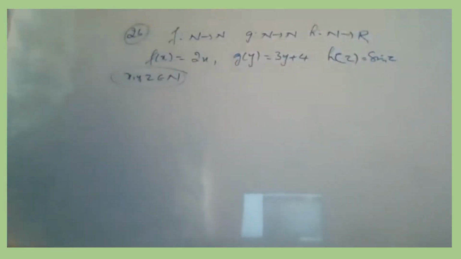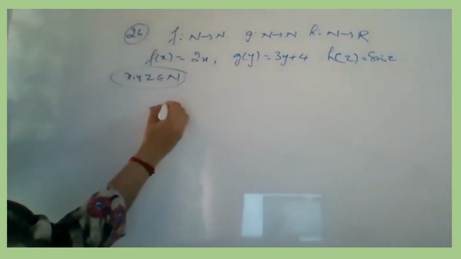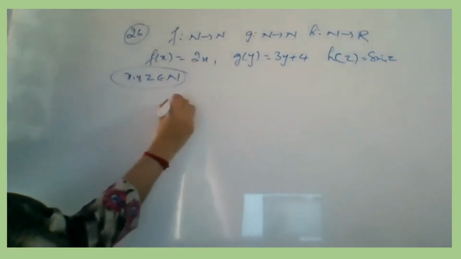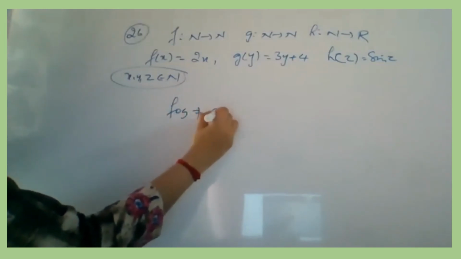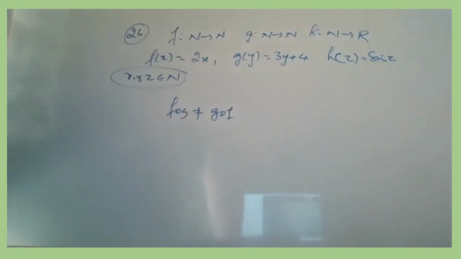So what they have asked is, you have to show that h composition (g composition f) is the same as (h composition g) composition f. This property will teach you that even if composition is not commutative, f composition g is not always equal to g composition f. We have done examples, where one answer was cos 3x square and the other was 3 cos square x, something like that. So at that time we discussed that f composition g is not equal to g composition f. But the composition of three functions is associative.